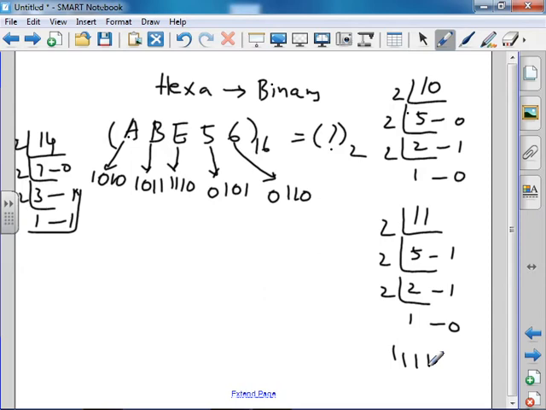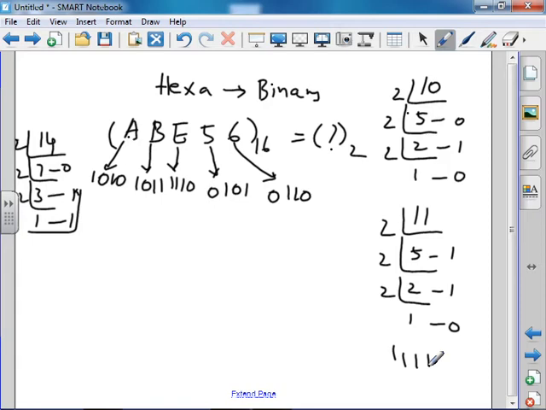This is the equivalent number 101. But we have added 0 in front of the number because it is a non-leading 0. See, 6 is 110, it's the equivalent number. So we have added 0 in front of that number to make it a 4-bit number. Understood? Okay. See, this is the equivalent hexadecimal into binary number.